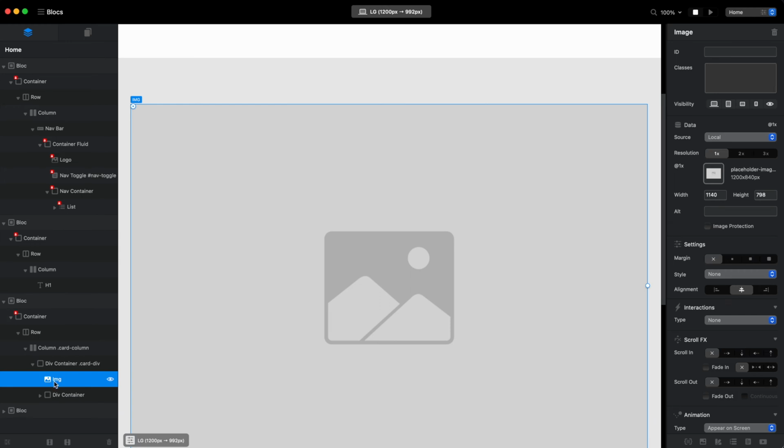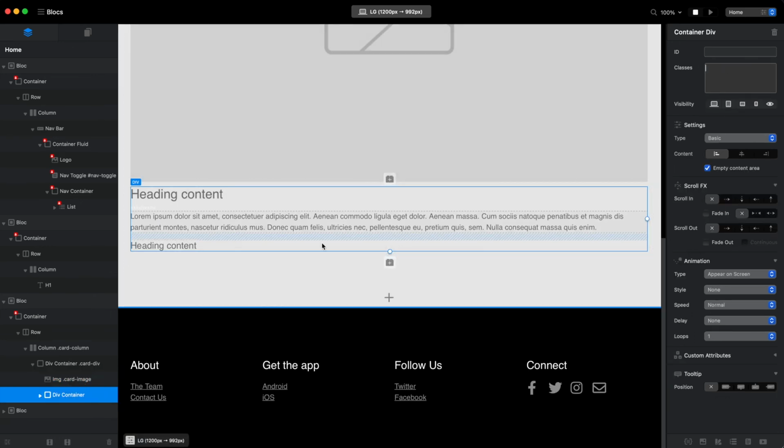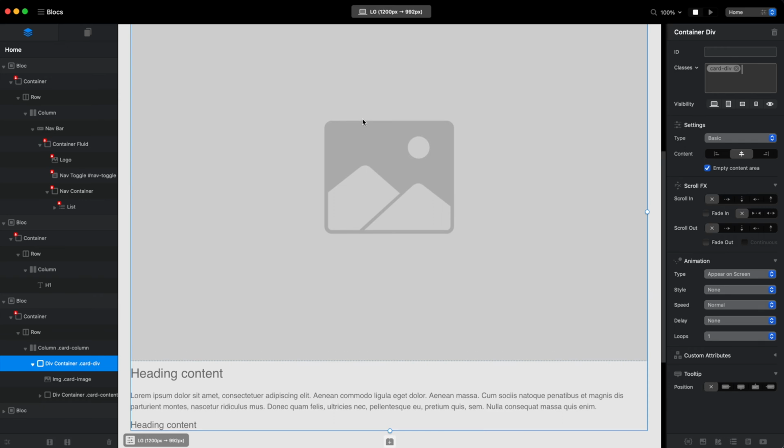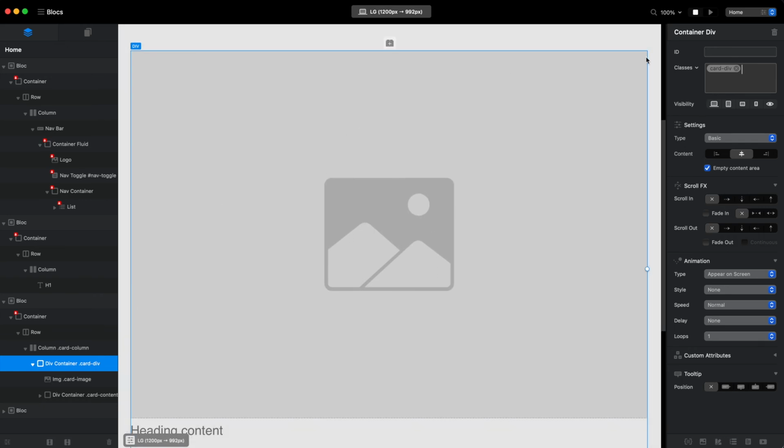So the first section of this card will be the image. So let's add the card image class, and to the div container, this is the content. I will add the card content class. So now you can see that we have a quite big card, so it means that we need to set